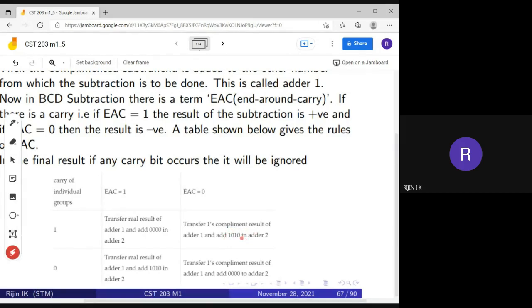If it is 0, you need to transfer the result into its ones complement number, അതായത് നമുക്ക് കിട്ടിയ റിസൾട്ടിനെ we need to make it into one's complement of the number, എന്നിട്ട് you need to add 0 0 0 0.